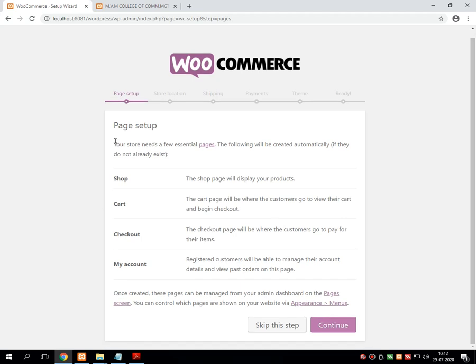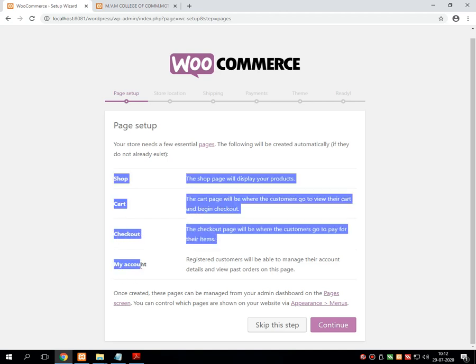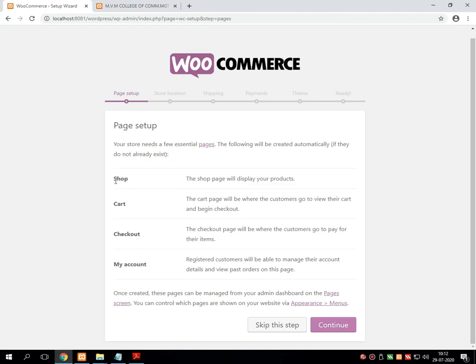It gives a brief. During this setup, WooCommerce is going to set up your shop, your cart, your checkout, and your account. Now what does it do? The shop will display your products which you want to sell.